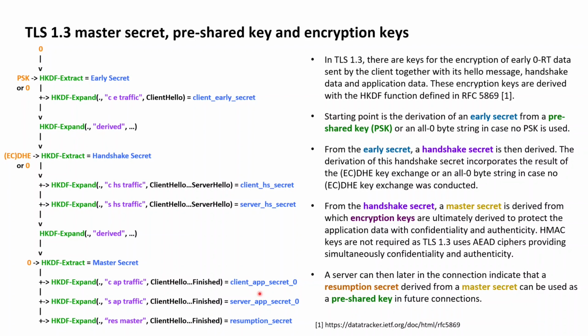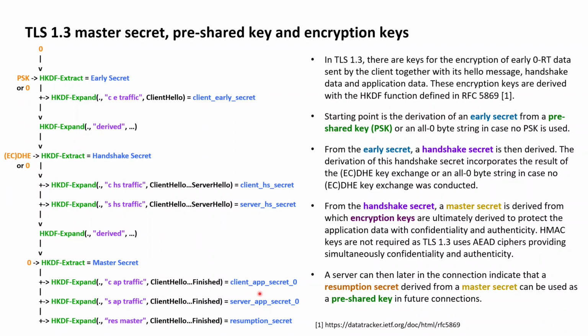In contrast to TLS 1.2, TLS 1.3 now makes exclusive use of authenticated encryption with associated data ciphers as provided by AES GCM, AES CCM, and ChaCha20 Poly1305, and as such, TLS 1.3 doesn't require a separate HMAC-based authentication, as the AEAD ciphers take care of authenticity, and as such, TLS 1.3 only has to derive keys for the